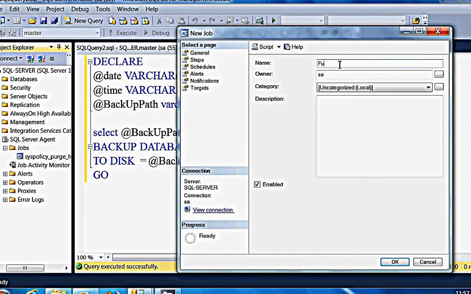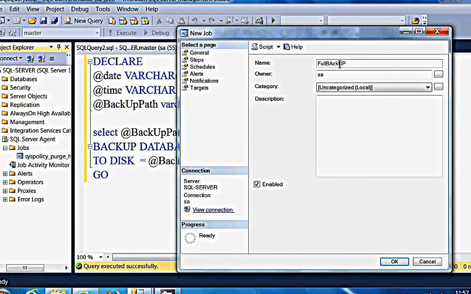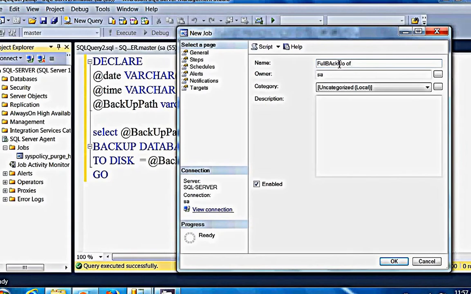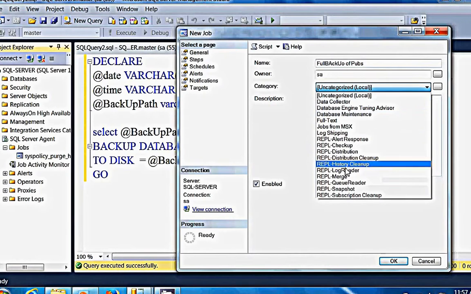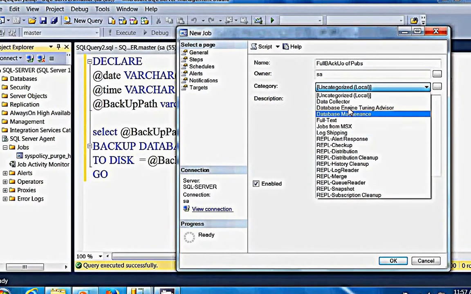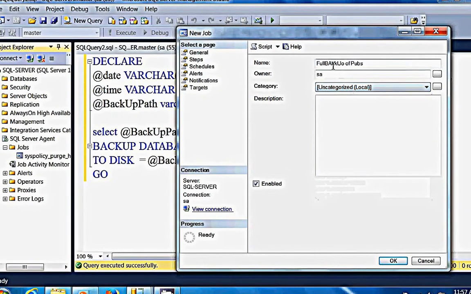Full backup of pubs. The owner is system administrator, and the category is uncategorized because we do not have any option for backups. See here, no option for backup. So I choose uncategorized.